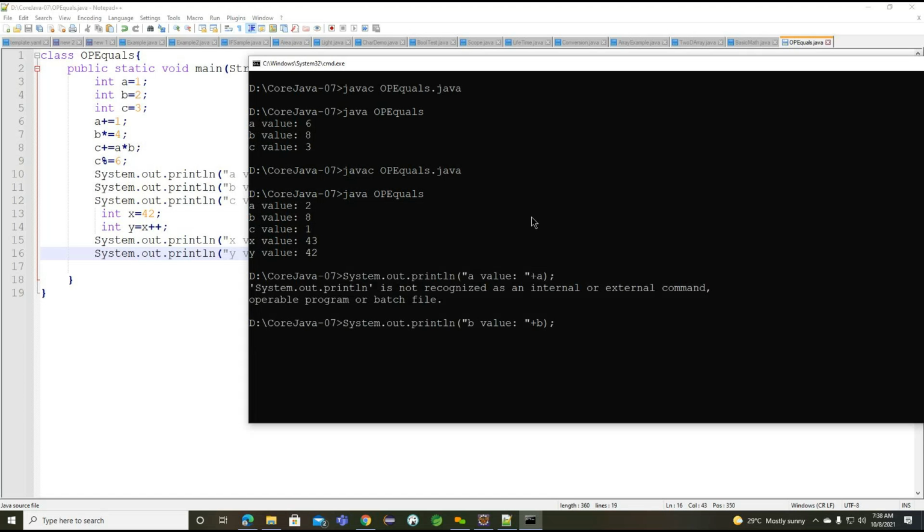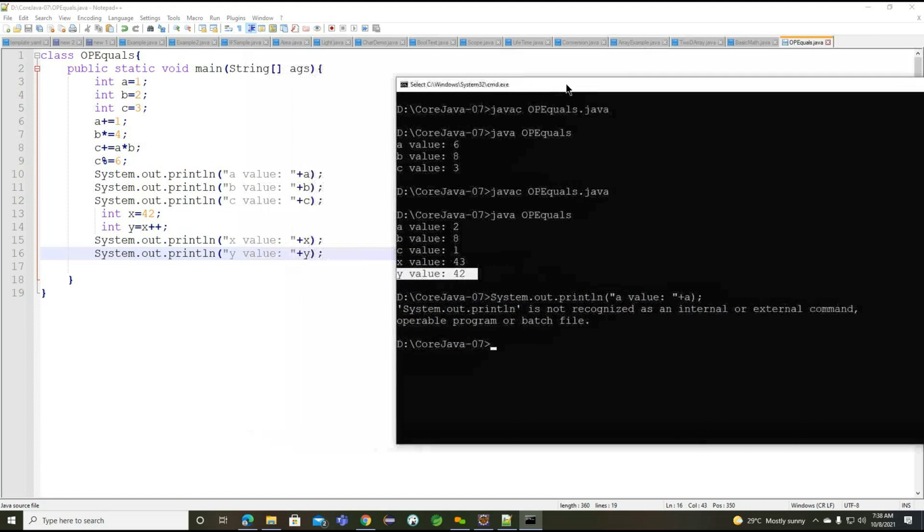So now if you see, I copied it here. The x value we are getting is 43, and whatever the x value is, we assigned into y.